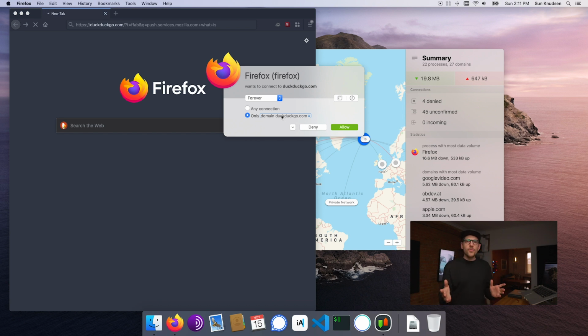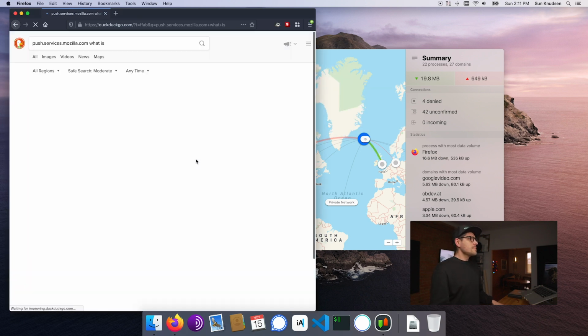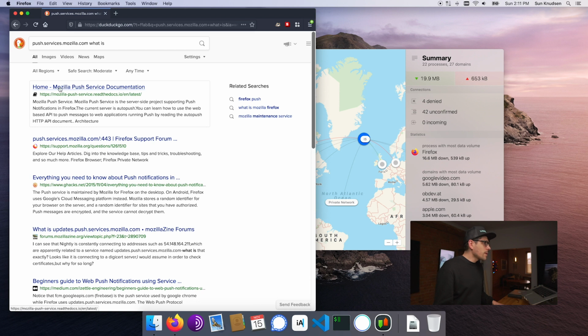And probably some of you are used to using firewalls, and then you have to allow or deny stuff using IPs. So that's like computer level stuff. This here is super relatable for humans. So we're like, okay, DuckDuckGo, cool, I'll allow it. And once this is done, my search will go through. So I'm like, well, okay, Mozilla Push